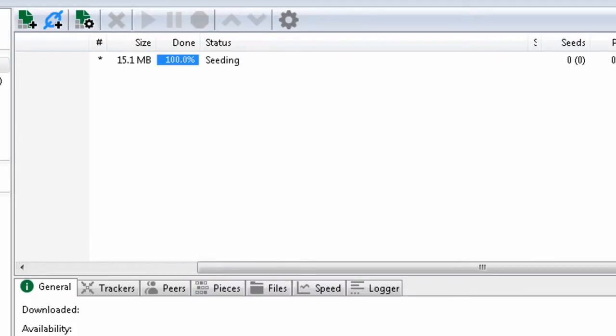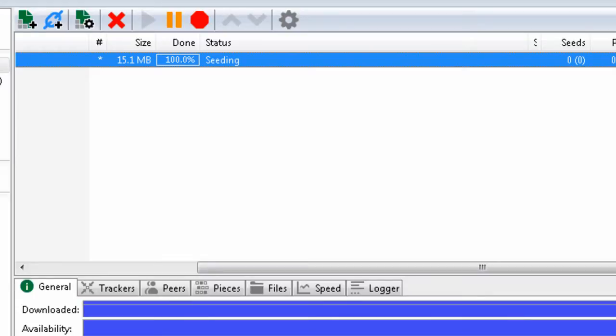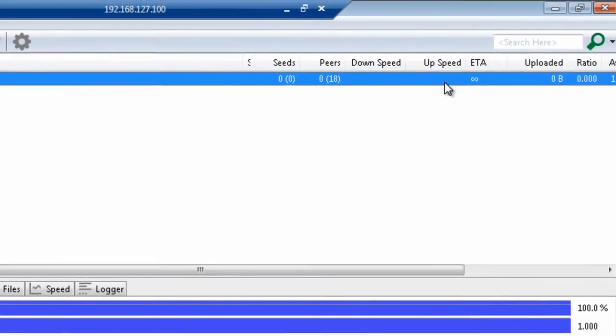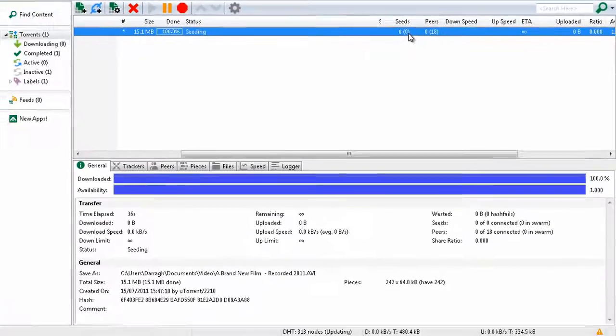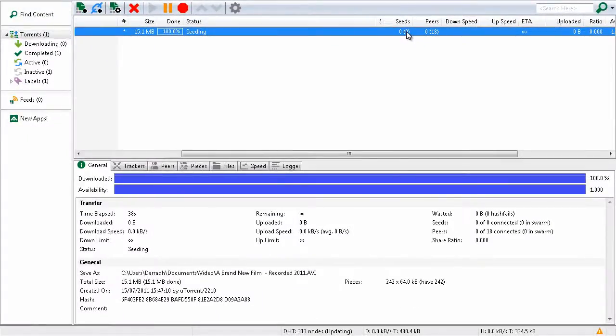So already here I can see that 18 peers have connected and we're starting to upload data. Now it's very tiny amounts at the moment, but there are 18 peers connected and data will start to be sent to those users. No seeds at the moment, I'm the only one with a copy of this film, but in time the number of seeds will increase from 1 and upwards, and as soon as that starts to happen I can actually shut down my own laptop because there's other people out there with a full version of this